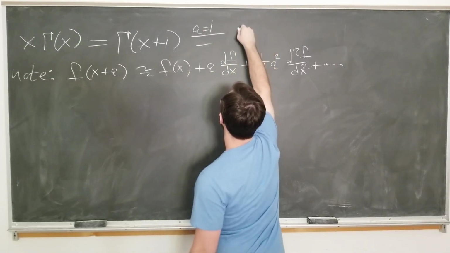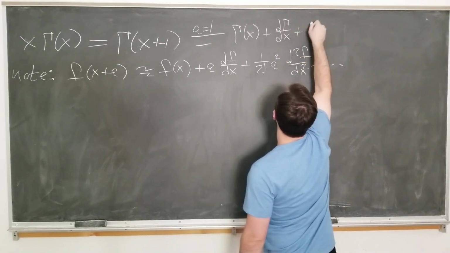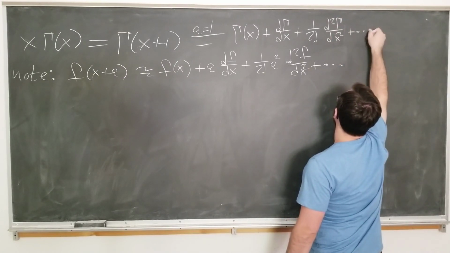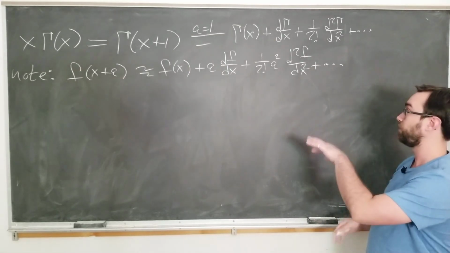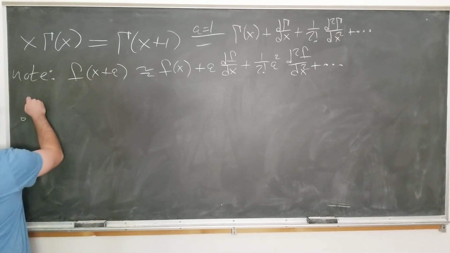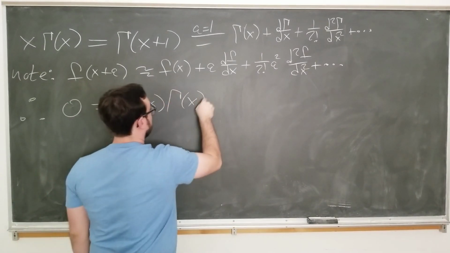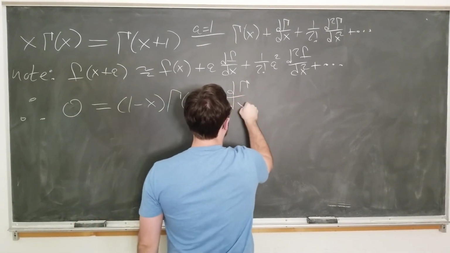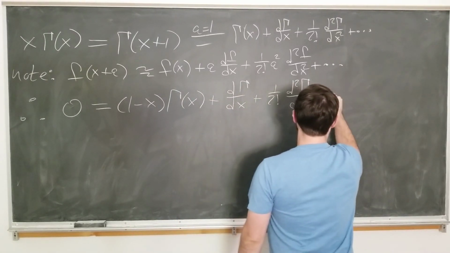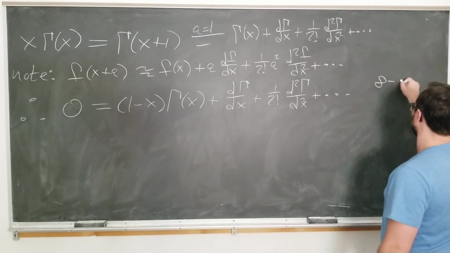This becomes gamma of x plus d gamma by dx plus 1 over 2 factorial d squared gamma by dx squared plus, notice it goes on forever. You can see where we're going here. Now I'm going to subtract this from this and let it be equal to 0. 0 is equal to (1 minus x) gamma of x plus d gamma by dx plus 1 over 2 factorial d squared gamma by dx squared plus, etc. So now we have an infinite order differential equation